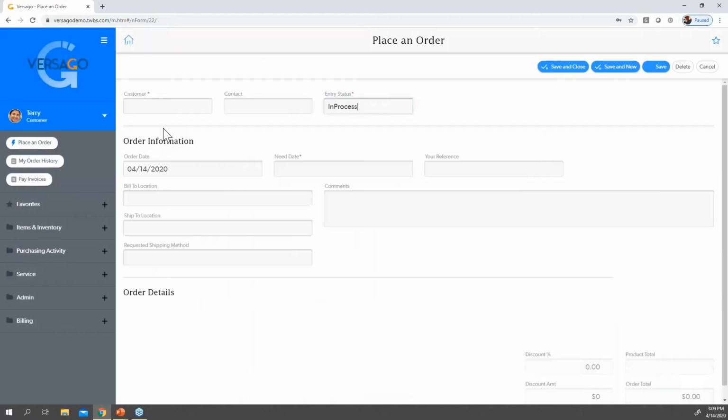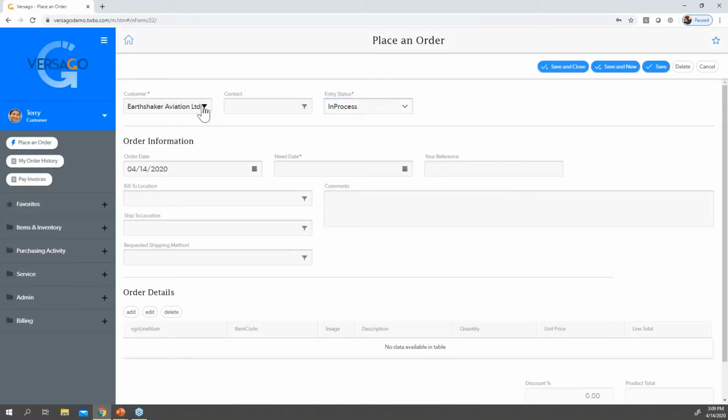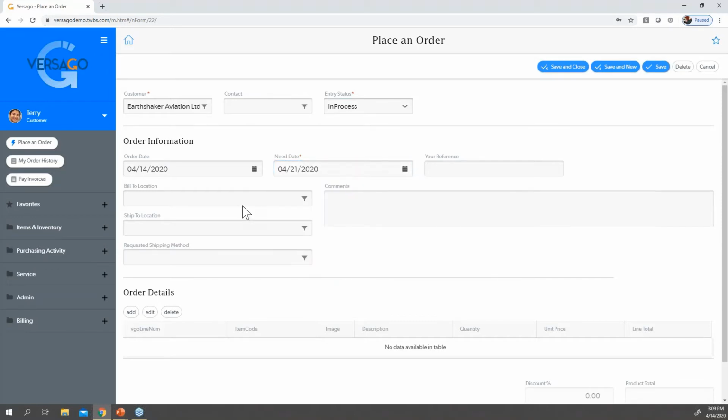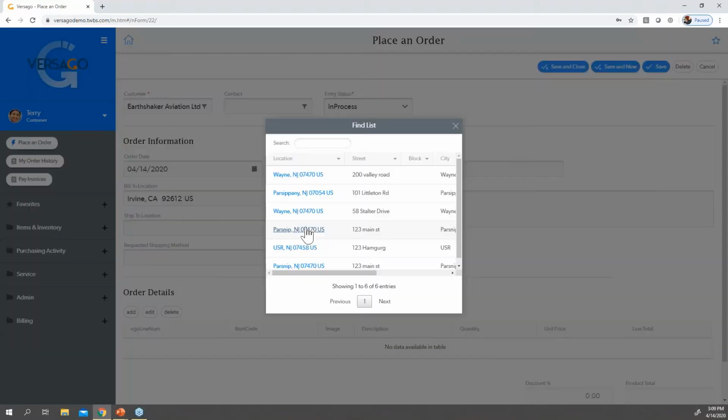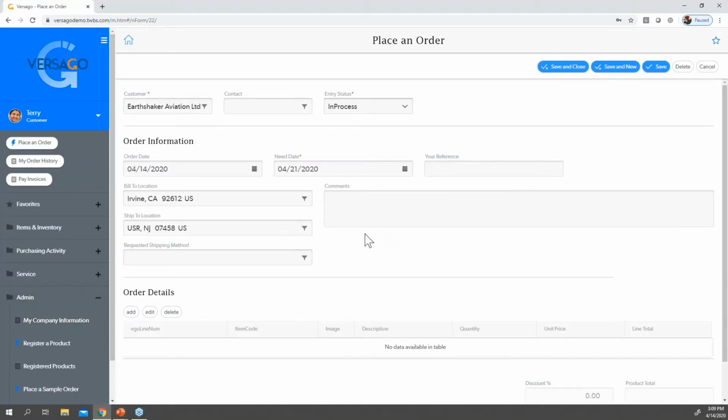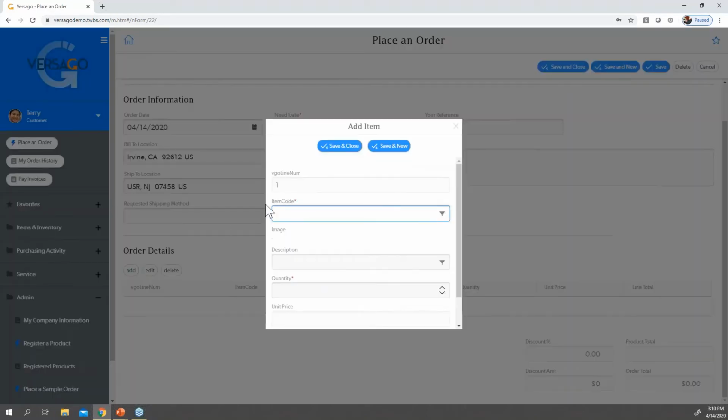So as a customer here, place an order. You can see that it's very intuitive and kind of familiar to us if you're an SAP Business One user, because you have header information that we're calling from SAP Business One here, ship tos and bill tos. And well, what if I need to add a ship to location? I'll show you that when we get to the admin side. We can go in, we can add ship to locations and those types of things within our admin functions here. We can put notes in that would come into the remarks.